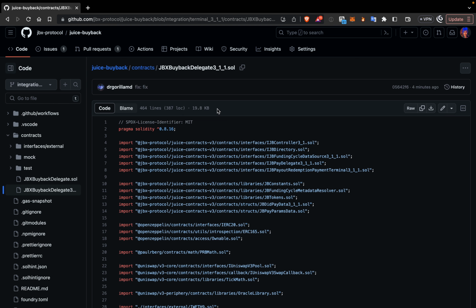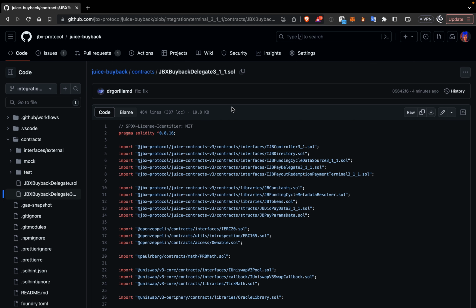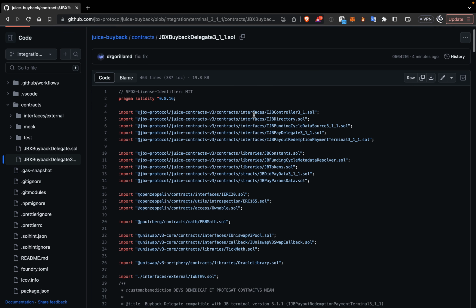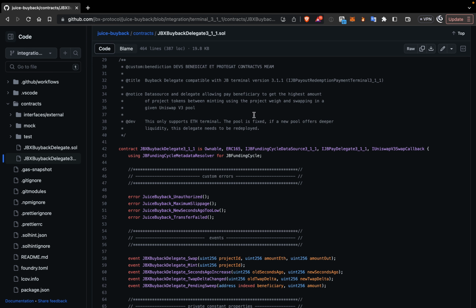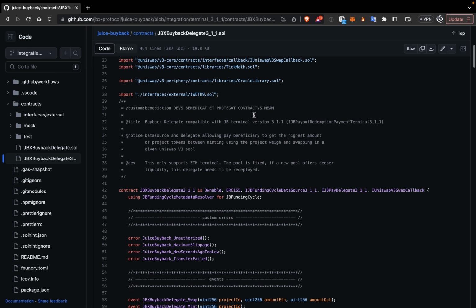So we are looking at the buyback delegate contract. High level, the point of this contract is to intercept payments coming into a treasury and determine if that payment should be routed to the treasury and should mint project tokens in return, which is the normal Juicebox behavior since V1, or if